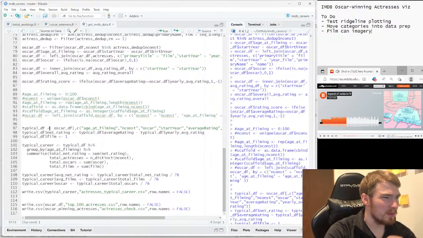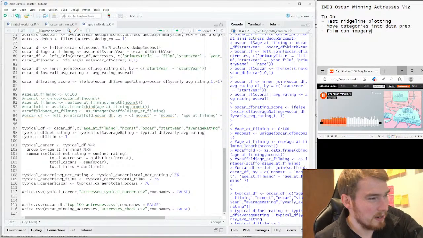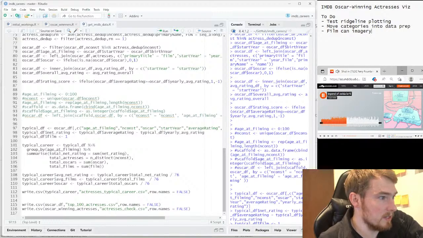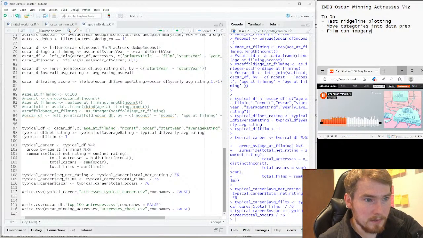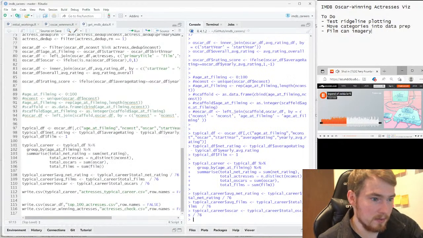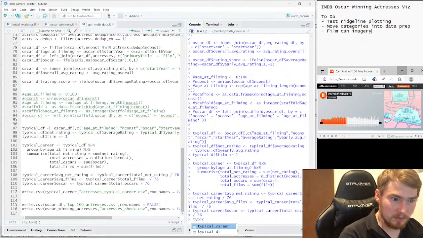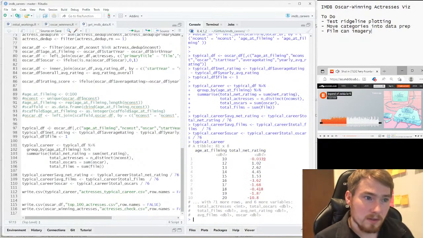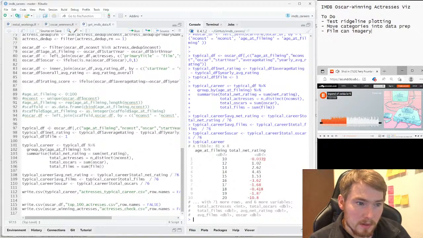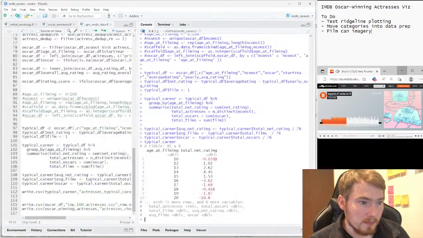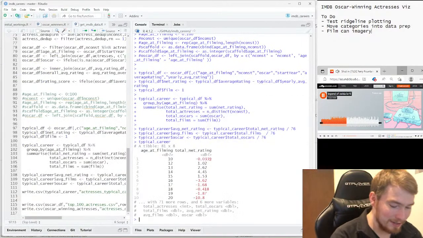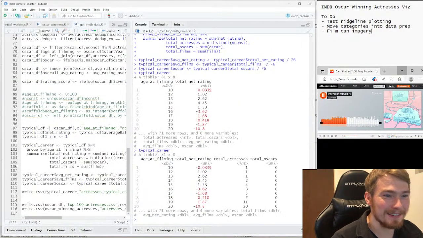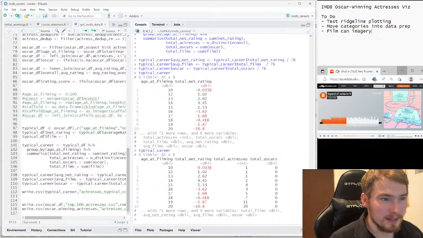And then this is where I was trying to make a little data set for the typical career. So if I have a look for this, typical career. Okay, 71 more rows. Oh, I hate that graphics, it's so annoying. So this was age of filming, name, rating.